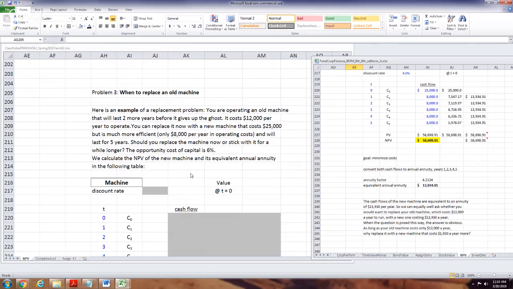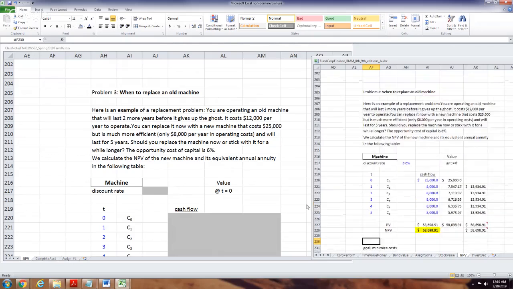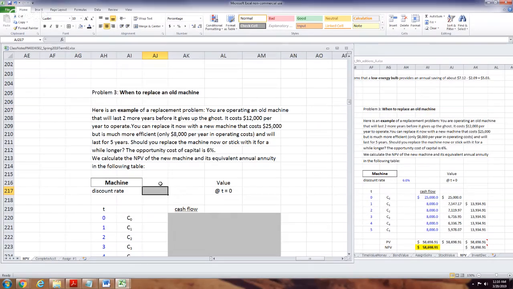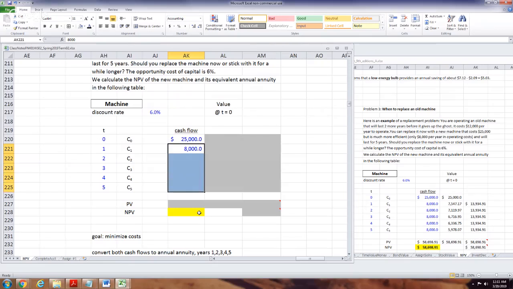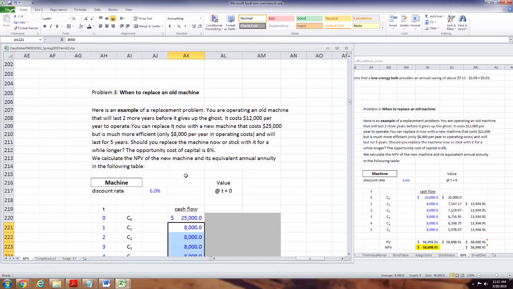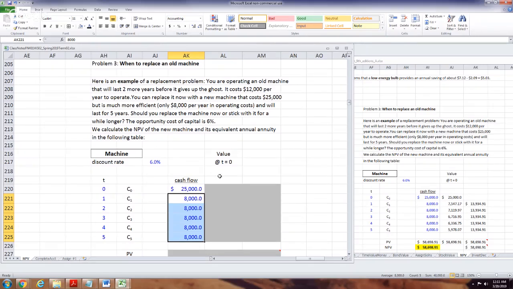So, you're analyzing the new one. If that thing costs 25,000, right? So we're using our opportunity cost of capital, 6%. The cost of money, 6%. However, there's a lot of words we can use to describe what that is. 25,000 to buy the machine. Then it's 8,000 to run it. Okay. And it should last 5 years. And again, we're putting our situation into a model. We're making some math out of it to describe it. So 25,000 to buy it, 8,000 operating costs, lasts for 5 years. Should we replace it now? So let's calculate the NPV and find the equivalent annual annuities, which is what we're going to do right now.